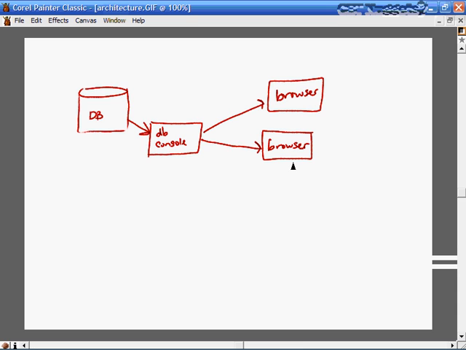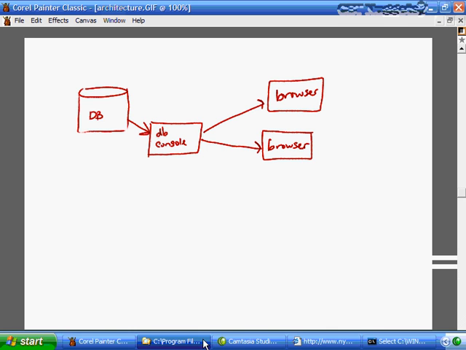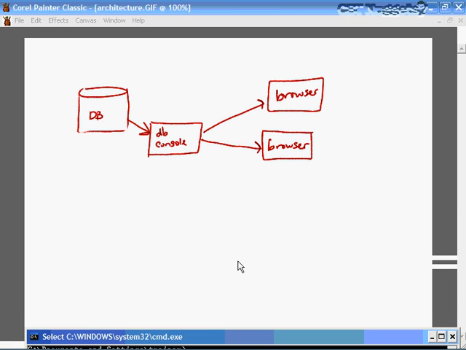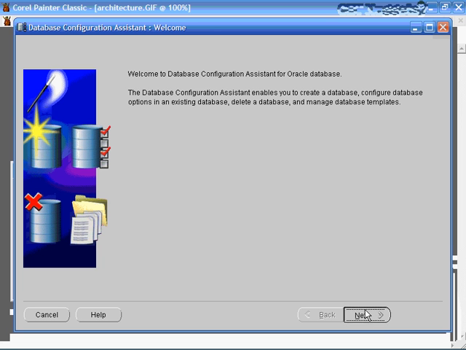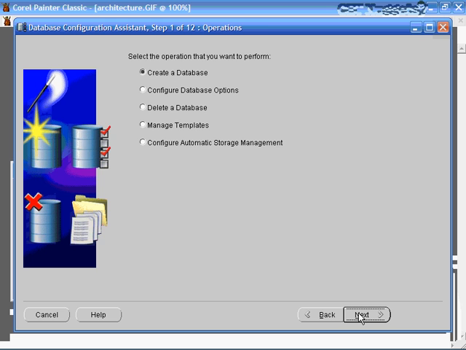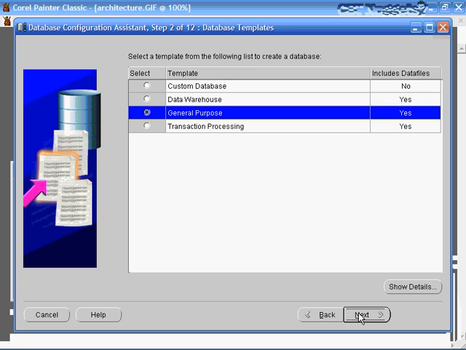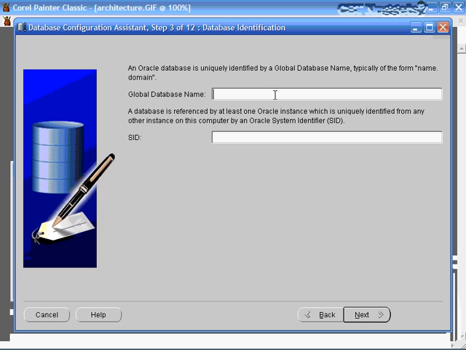When you first create your database, you have the option of configuring Enterprise Manager. So remember when you step through the Database Creation Assistant? Let's go through that real quickly. Remember, you can run DBCA in graphical mode or in silent mode. And here we are. I'm only going to step you through this partially. When you create your database, you'll get to a point